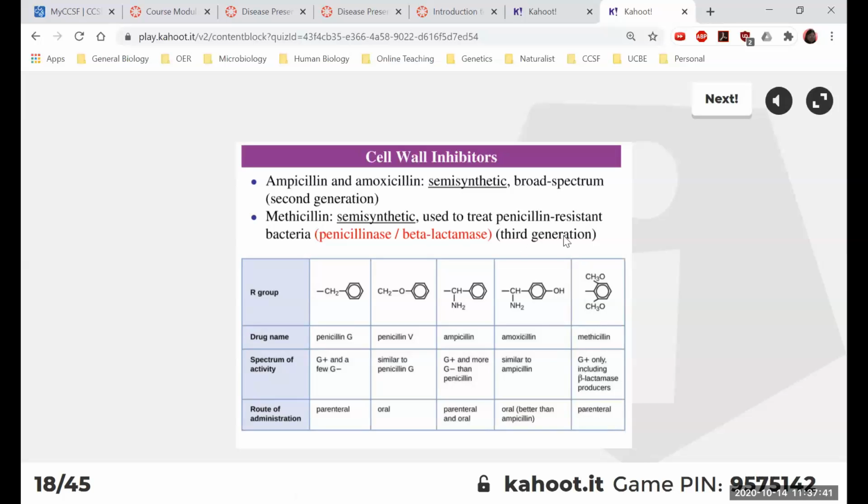Basically, if penicillin doesn't work, you might give patient methicillin because the R group is more bulky, so it's harder for bacteria to start producing this enzyme called penicillinase or beta-lactamase. They can literally cut open the beta-lactam, and that's why the original penicillin doesn't work. But this methicillin, because the R group is bulky, it's harder for the enzyme to get to the beta-lactam ring. So it still works for bacteria that are resistant to penicillin.